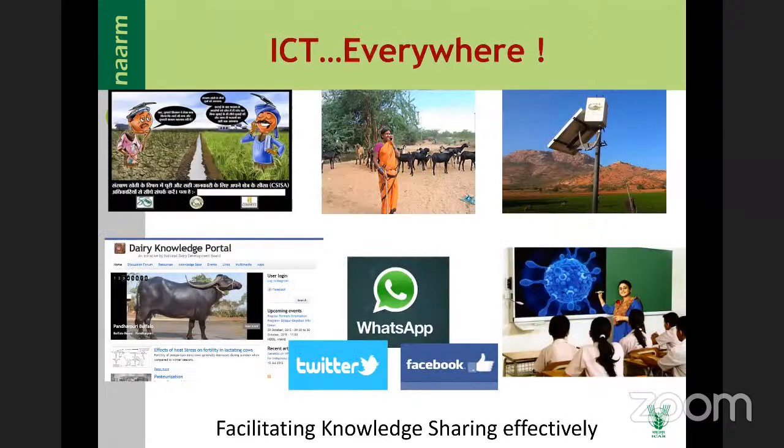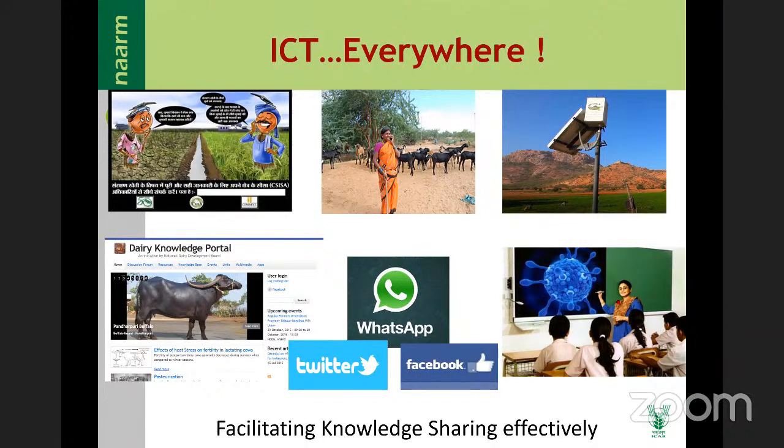ICT is everywhere. At the field level we are talking about expert systems and decision support systems, widening market access, and strengthening and empowering farming communities. ICT for agriculture in India: AGRINET serves the farming communities.